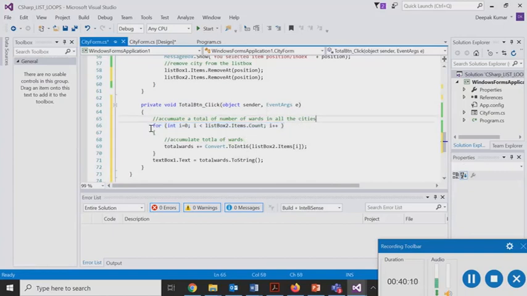We'll look at the for loop again. This is a declaration of your counter, int i is equal to 0. This is the condition checking, where i is less than listbox2.items.count, so as many items as there would be. Since we are starting the counter at 0, it will be less than that count. If we have 5 items, this will execute from 0 to 4, because the count starts from 0.